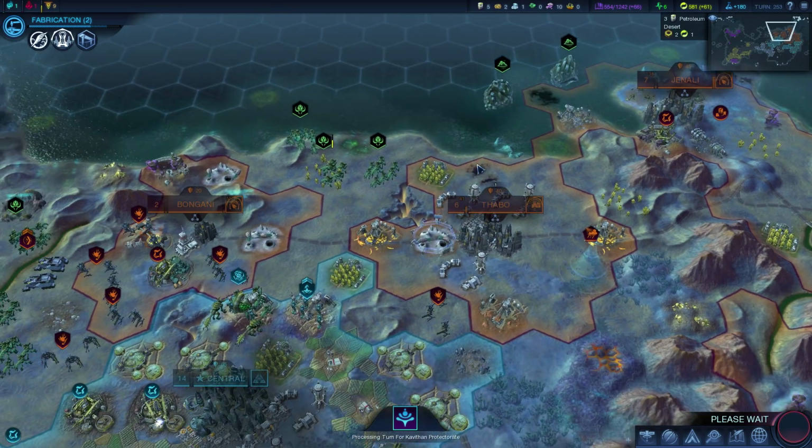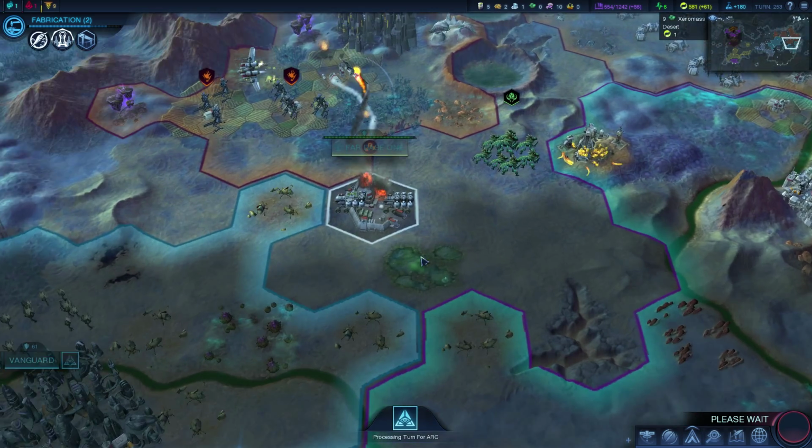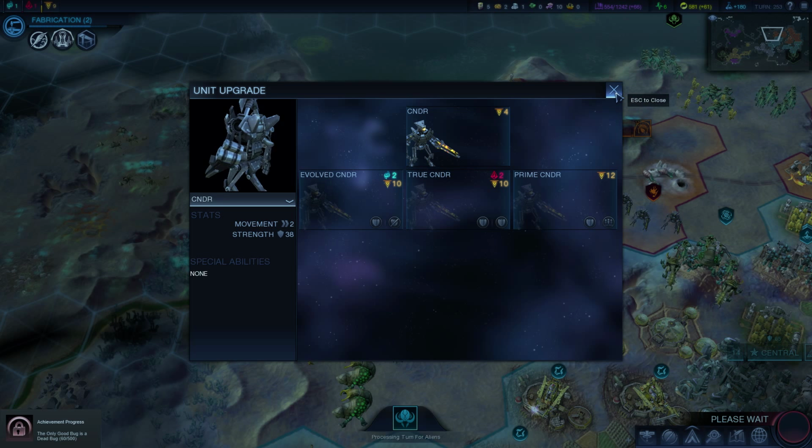It's a good time. In fact, I forgot how to check military units. Alright, so this is also another reason why we're attacking the Ark. It's because...